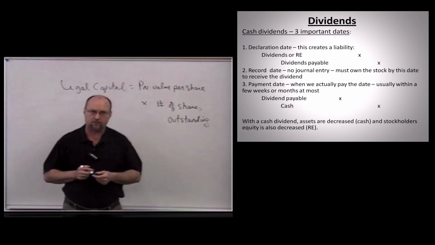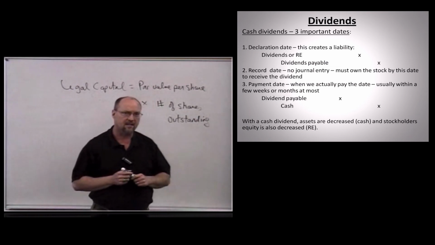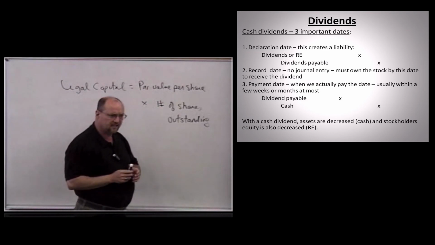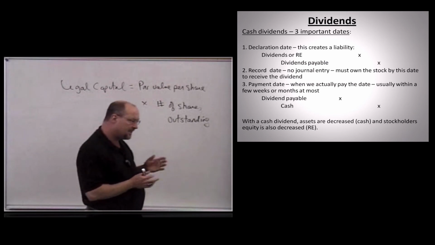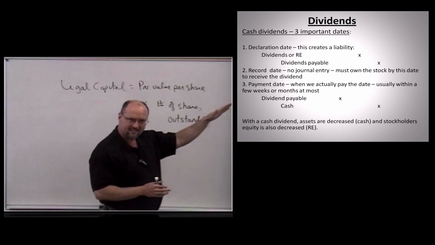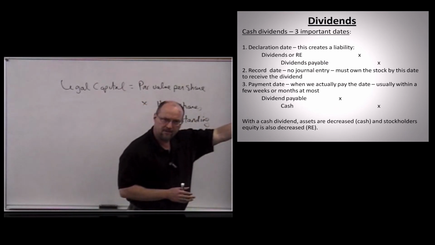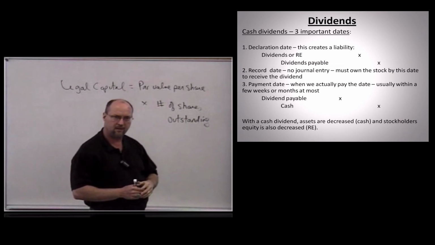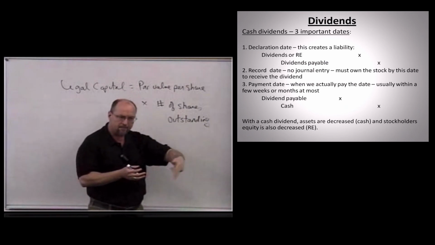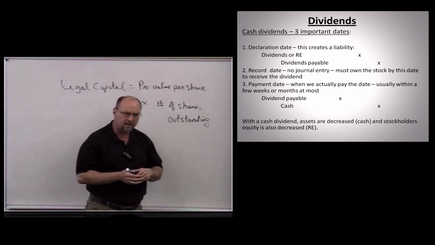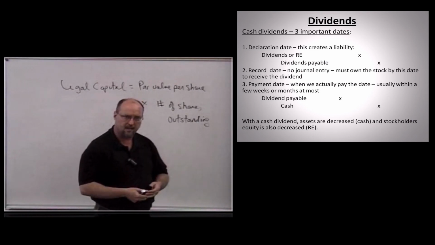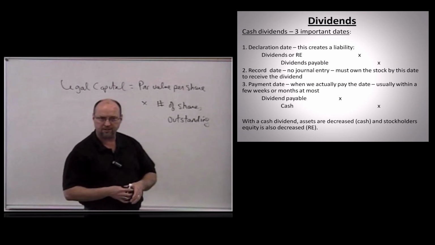In the early years of a growing business, they usually don't pay dividends, and they reinvest all profits back into the business. Once the company starts to hit what's called the maturity stage, and typically with a publicly traded company, that means their stock price is no longer growing at an accelerated pace. It's starting to taper off, if you will. That's when they typically start paying dividends. And they start to attract a different investor, a more conservative investor who likes the periodic inflow of cash. A lot of retirees and older investors like stocks that pay dividends because they like the cash flow that comes in, whether it's once every 3 months, 6 months, or once a year or so.